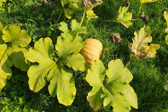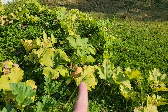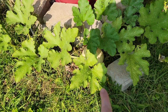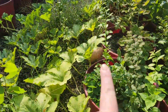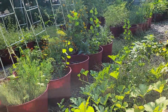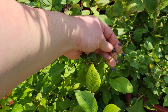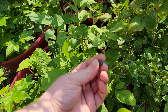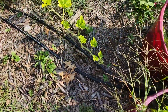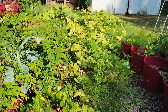Over here in my accidental pumpkin patch, I have some really good sized pumpkins. I think I have about 8 total. You can see that one hiding in there, and then hiding in the garden are some right there. And I have some little baby ones coming on. I actually have a few blueberries that are tiny, but they're not dried up, so it's still doing something. So here's the end of the pumpkin vine, and it goes all the way through the weeds,